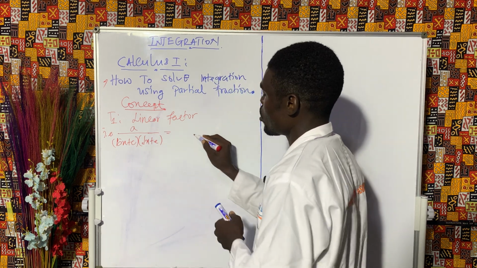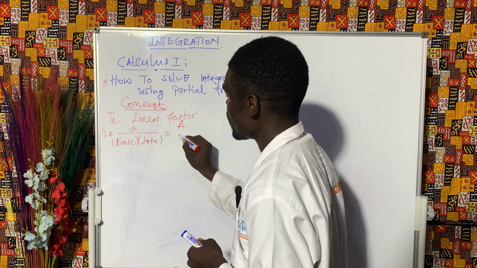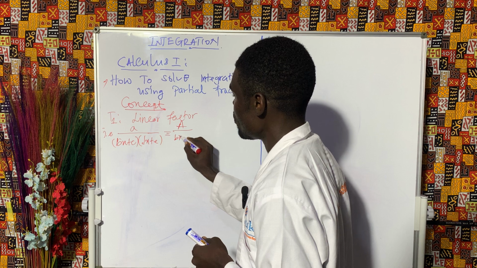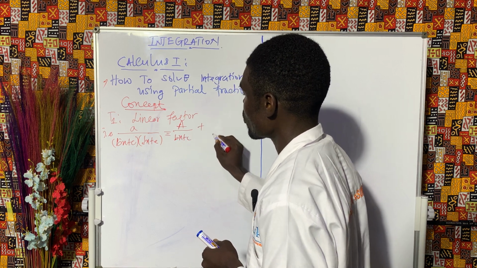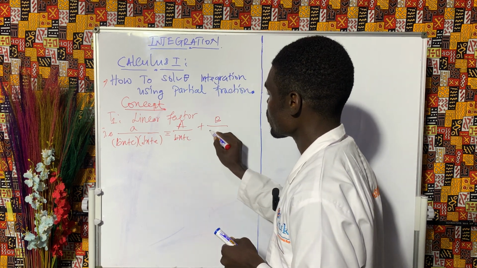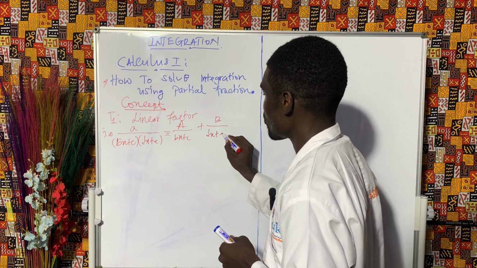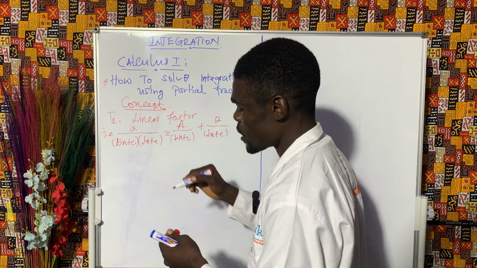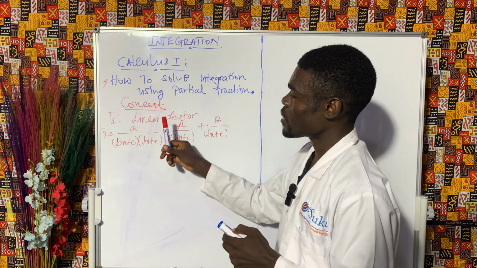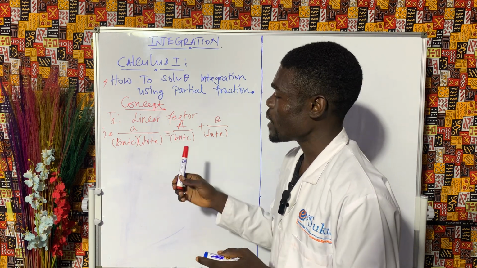Decomposing this, it is equivalent to a over bx plus c plus b over dx plus e. We should remind ourselves that the degree of x at the top must be less than that